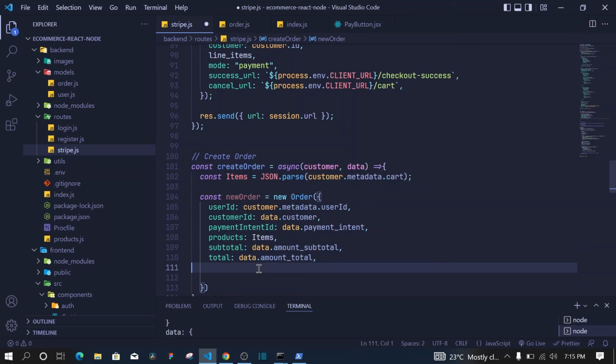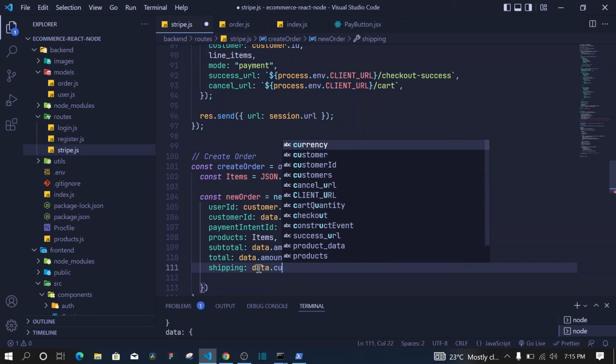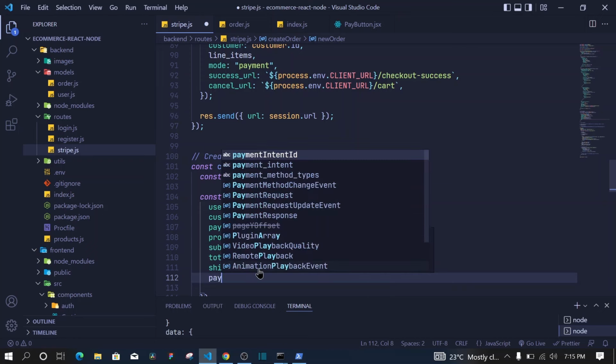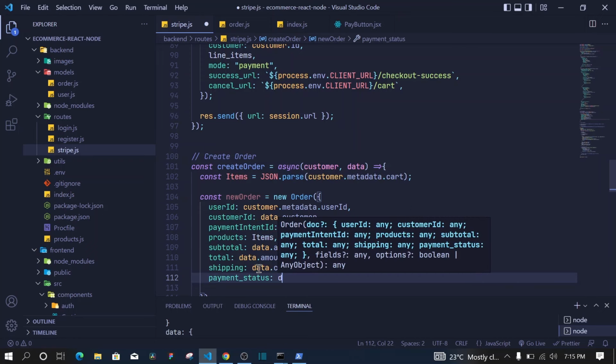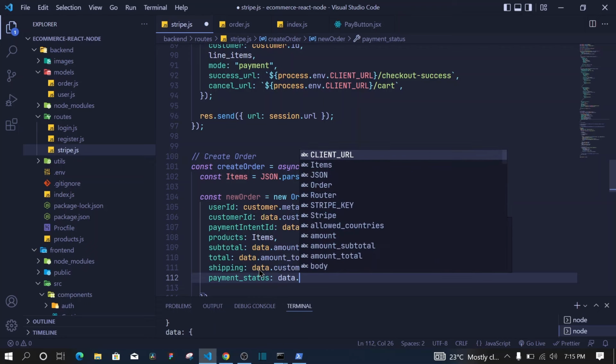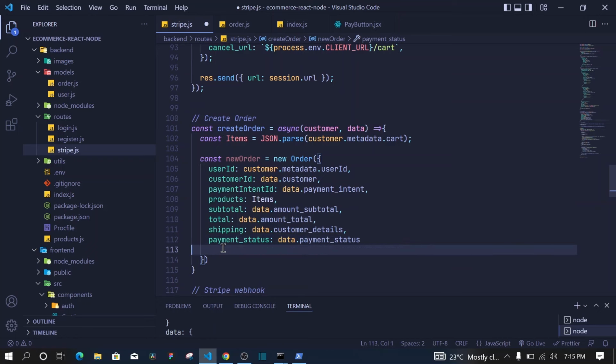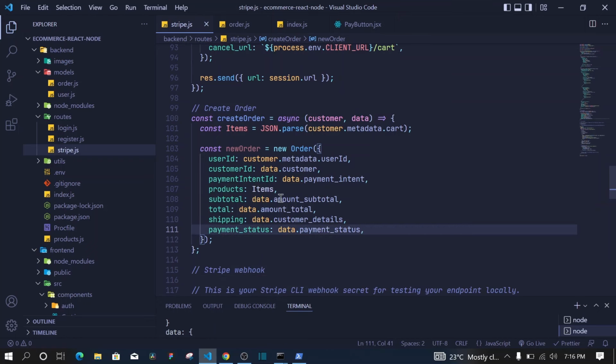Another thing that we should have is shipping. This will be available in data dot customer underscore details. And then now right here I'll have payment status, which will be data dot payment status. Yeah, finally we are there. I'll save. Now we have created this new order and we can now save it to the